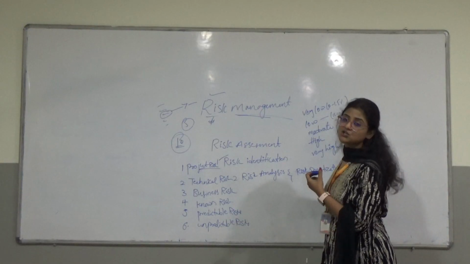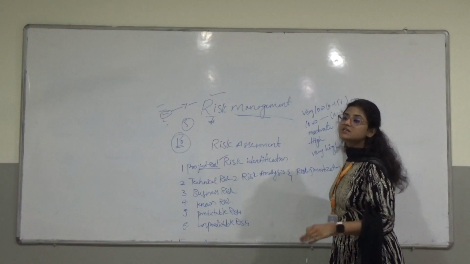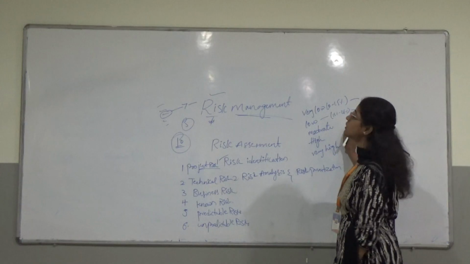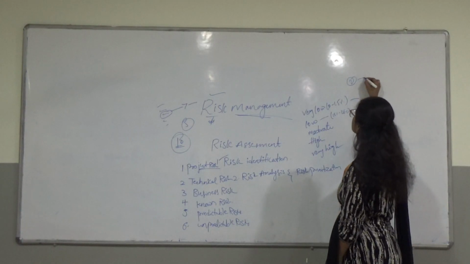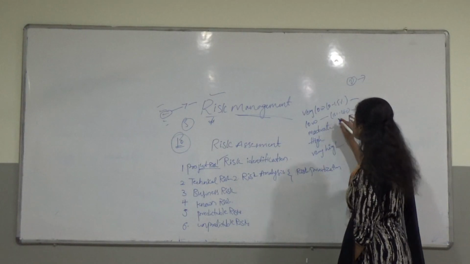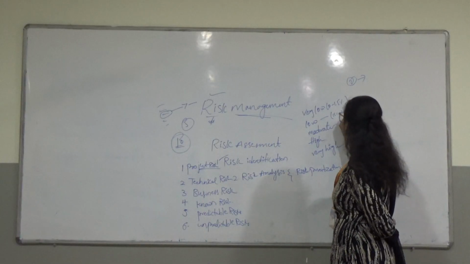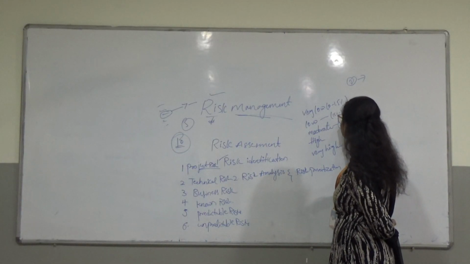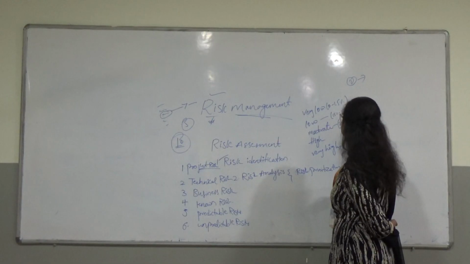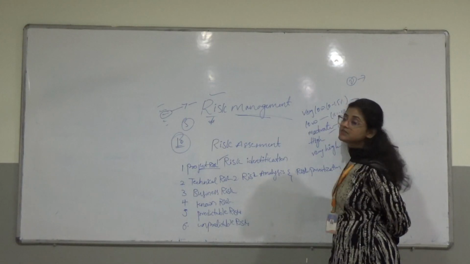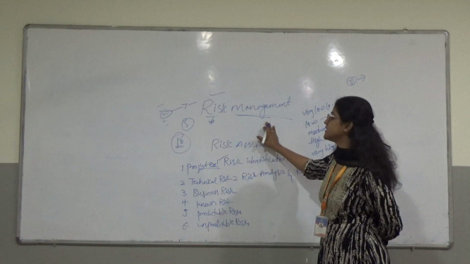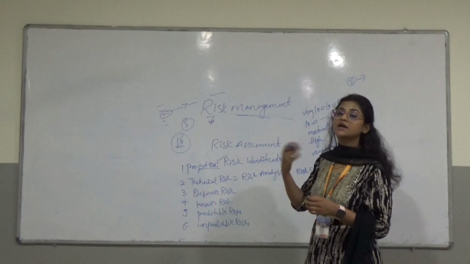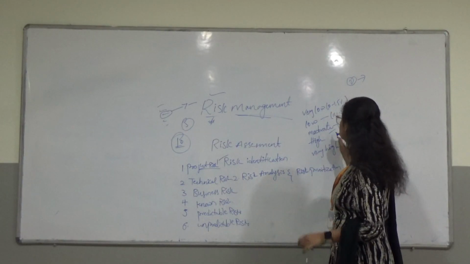That may be a schedule risk, like if you are scheduled 10 days to complete a project, but you take another 2 days for the completion of the project. That type of risk comes under the low risk. And the next one is a moderate risk, which is 25% to 50%. Here, for example, the project is beyond the budget. That comes under the moderate risk.